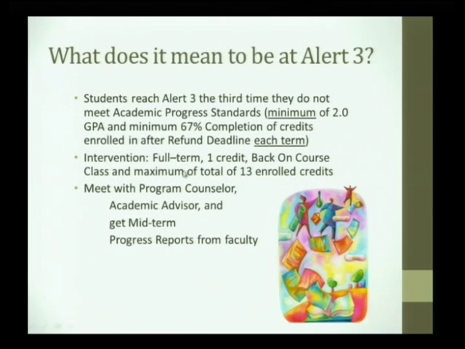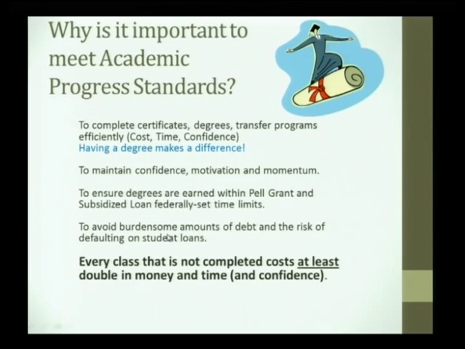So that's going to be something we're going to talk more about and something you want to check today if you have any other holds. So why does Lane care if you meet academic progress? Why is it important? Well, it's important because it's what is required to be able to get the degrees and certificates and go on to the 4-year universities that you're all aiming to do.